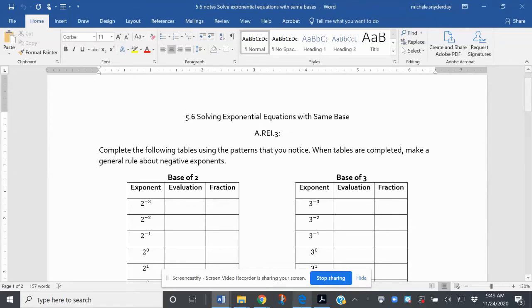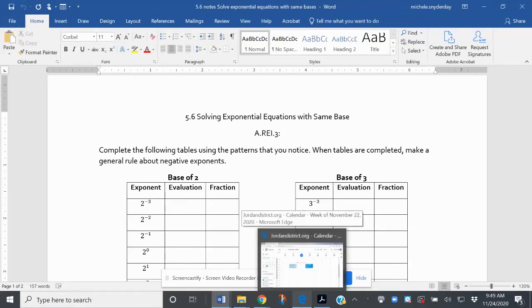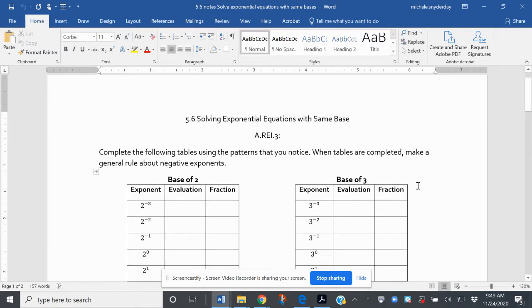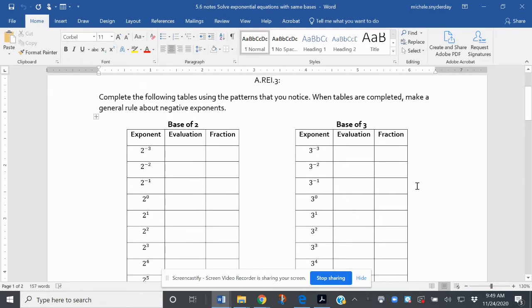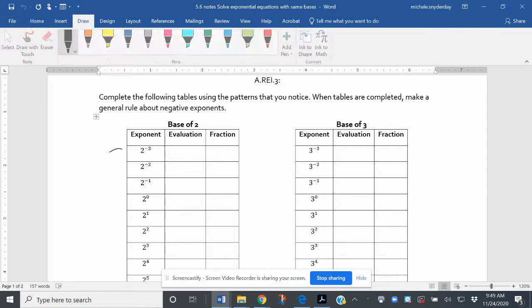Alrighty, so we're going to solve exponential equations with the same base. But the first thing we want to do is go ahead and fill out some charts that we're going to be using for the rest of this unit. Part of it's going to be in fraction form, part of it's going to be in decimal form, and the rest of it's just going to be in whole numbers. So we just need to review, how do we write negative exponents as fractions, and how do we get our